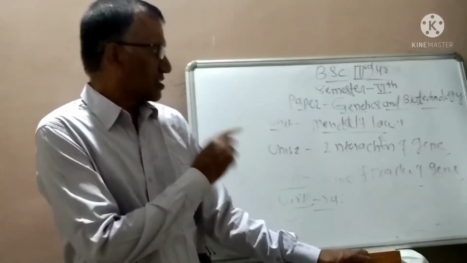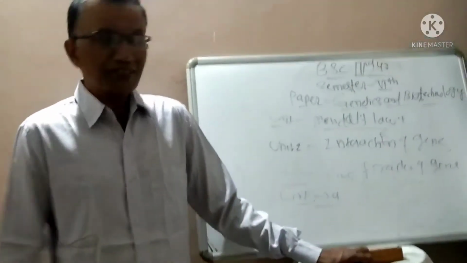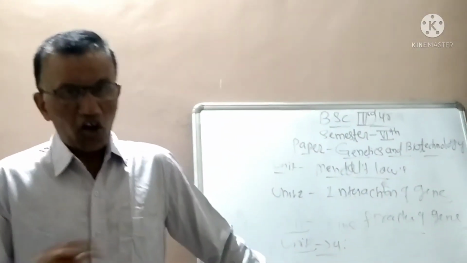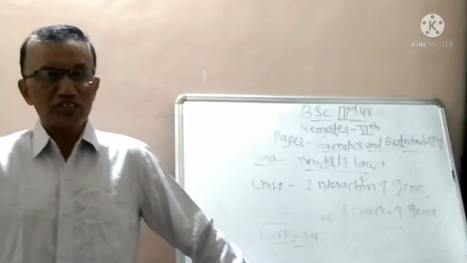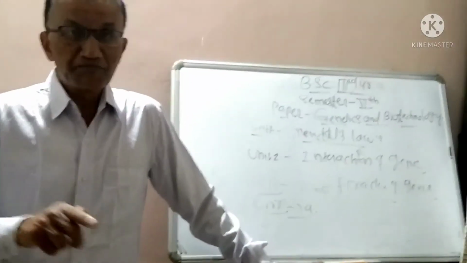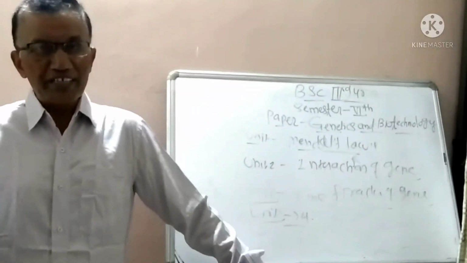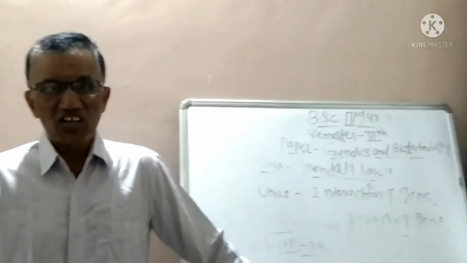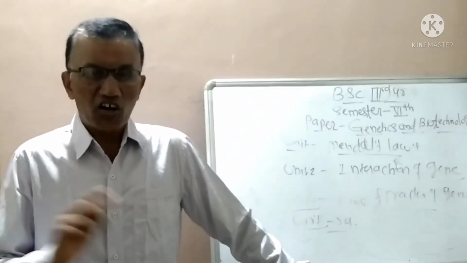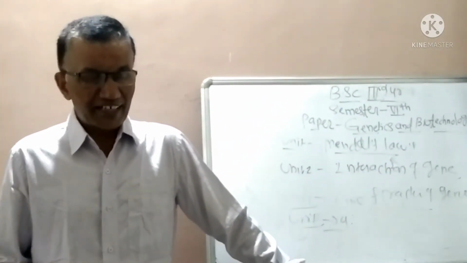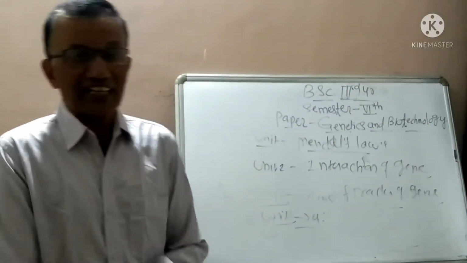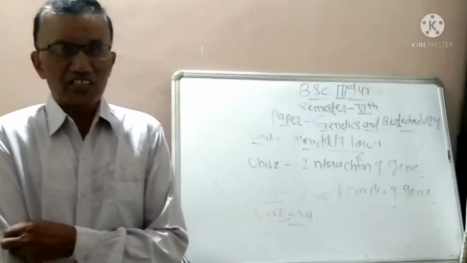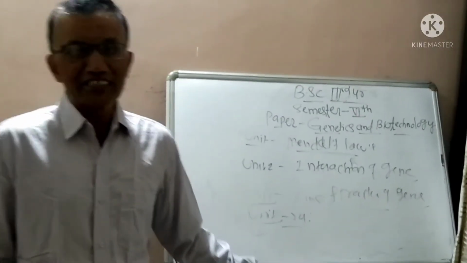Sometimes question number 1 is always on genetics, such as interaction of genes, and then another is on biotechnology. Question number 2 is a 20-mark question. It may be on sex determination, sex-linked inheritance, gene-related diseases, or fine structure of genes. That is possible only if it is a theoretical paper.